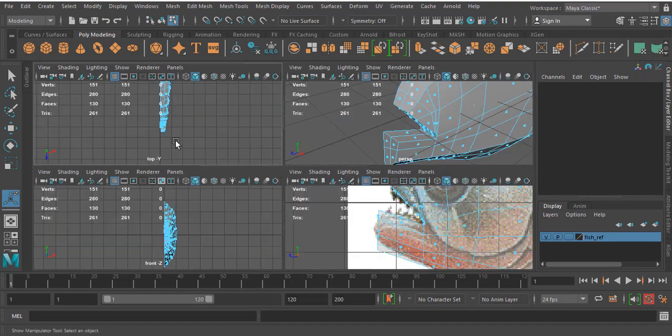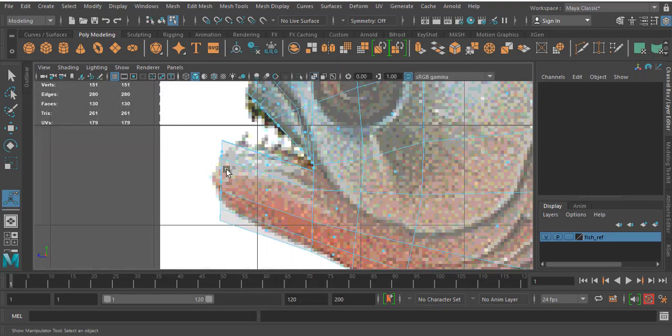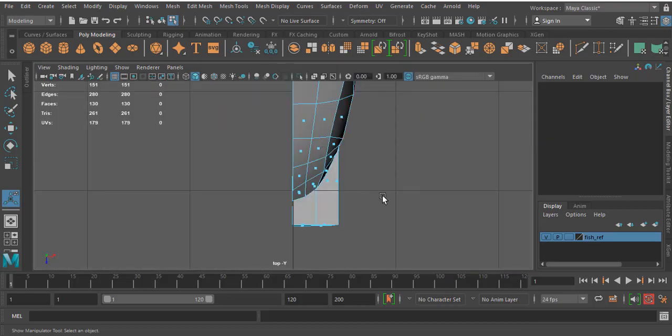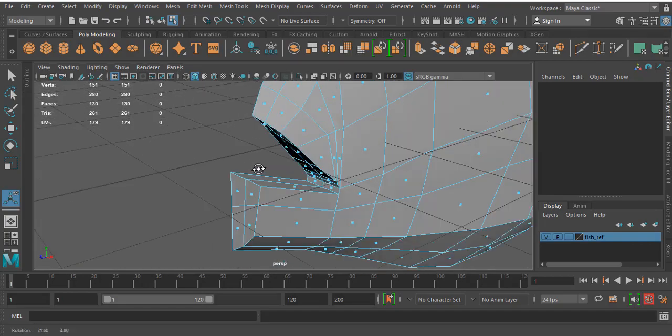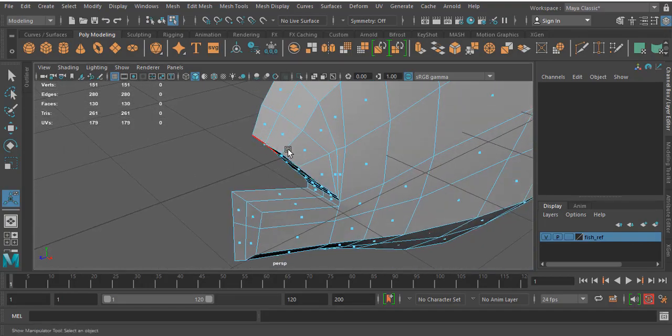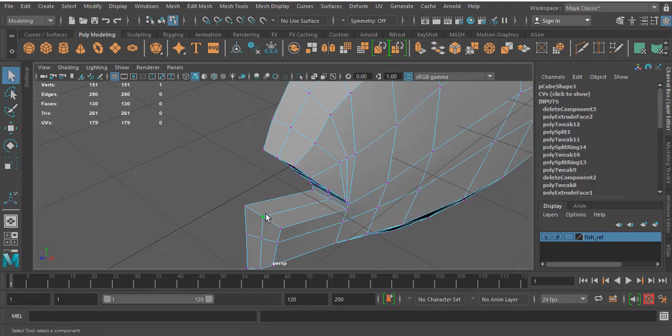Now you have to check this top view. You can see that the jaw is there, but in these characters the lower jaw will be smaller than the upper jaw. I mean, once it is closed it comes under this upper jaw. So I have to maintain the space.